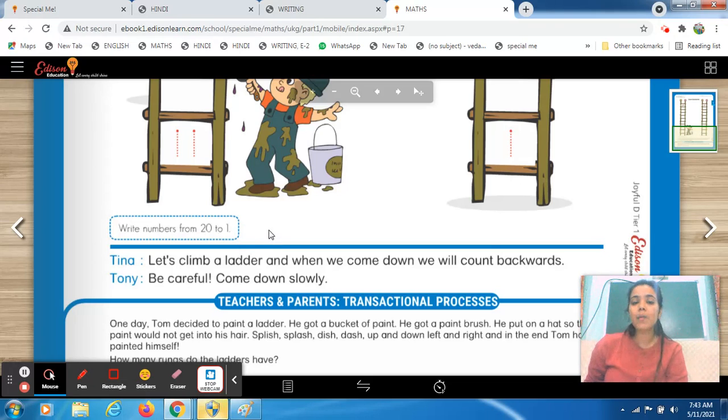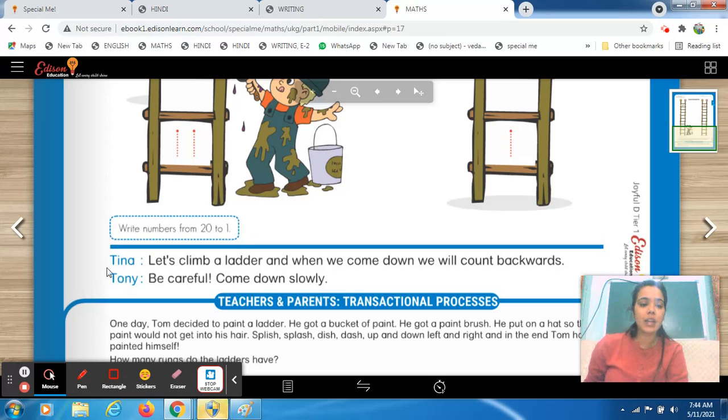One by one you have to ask yourself, what comes before 20? You get your answer. It's 19. So you have to write 19 before 20. Then again, you have to ask yourself, what comes before 19? So it's 18. So you have to write 18 before. मतलब आपको 18 पहले लिखना है 19 से. Okay, in this way you have to cover this worksheet.